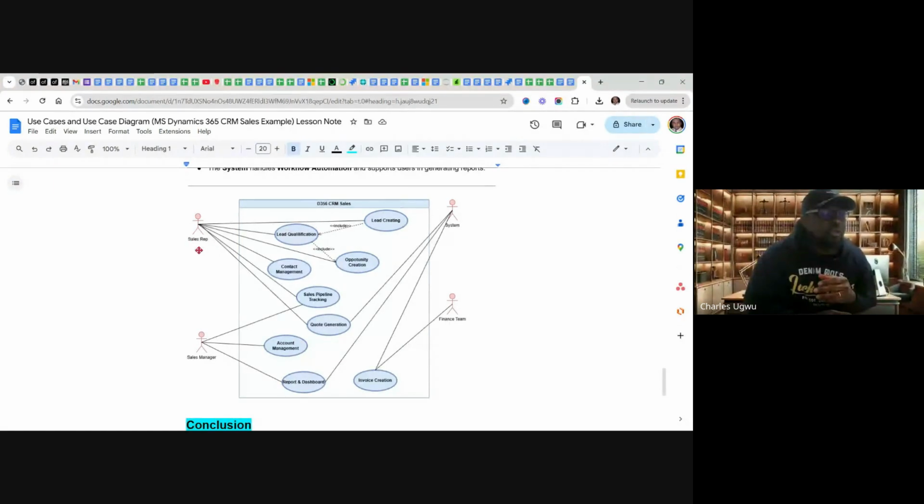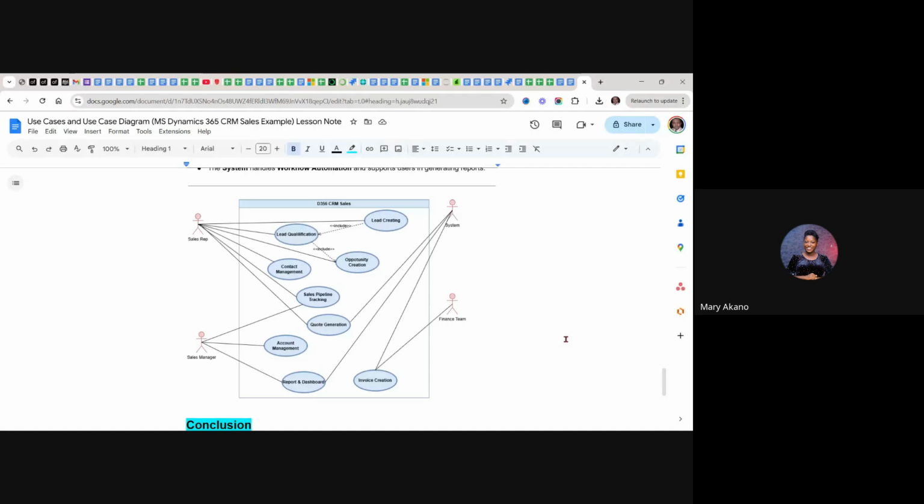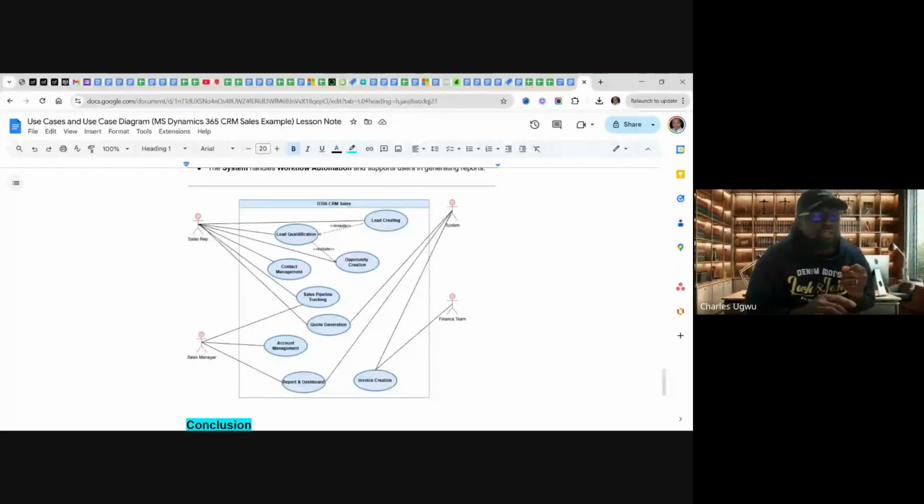From here to here to here, these are all the things they are doing. And you see what the system is doing, linking the finance person. So you can see that with this, in the sales and marketing department,